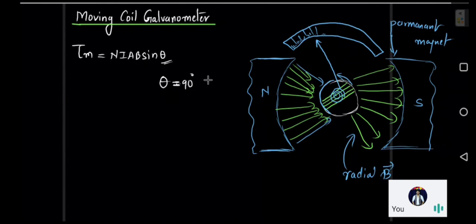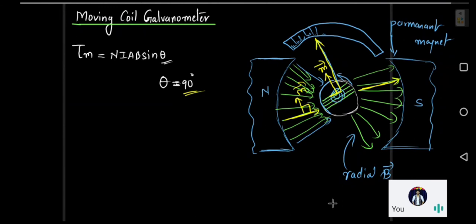Now how is this theta going to be 90 degrees? See, this is the coil, so perpendicular to the coil, the magnetic dipole moment vector is going to be like this. It will be the same as the pointer direction. That is, the area vector or the magnetic dipole moment vector is going to be perpendicular to this coil. And if you look at the field over here, it is going to be 90 degrees to this M. So at that time theta will be equal to 90 degrees, because M and B should be perpendicular.